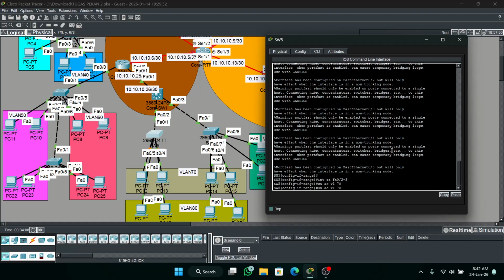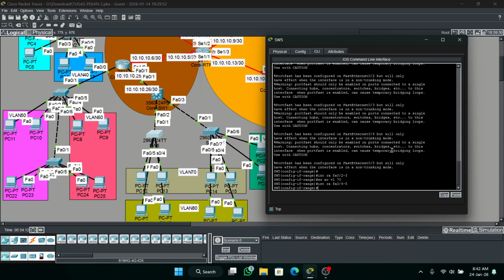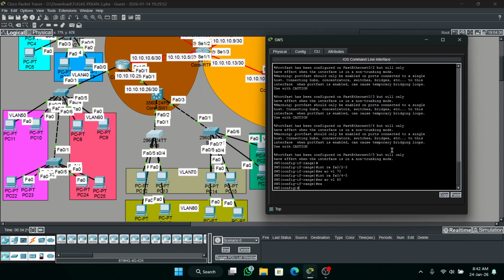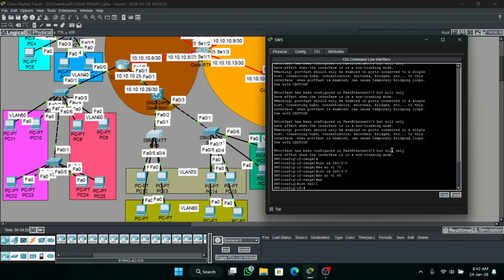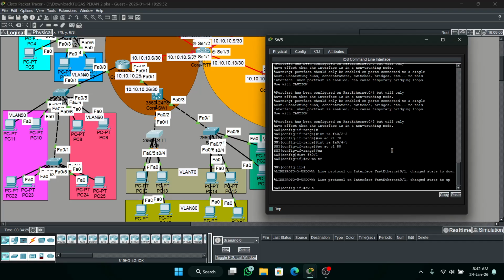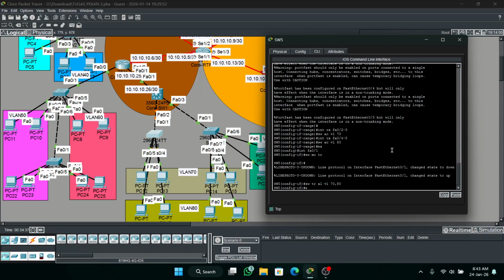So go to interface 4 and 5, switchport access VLAN 80, then configure trunk in FastEthernet 0/1. Switchport mode trunk and switchport trunk allowed VLAN 70 and 80. Okay,